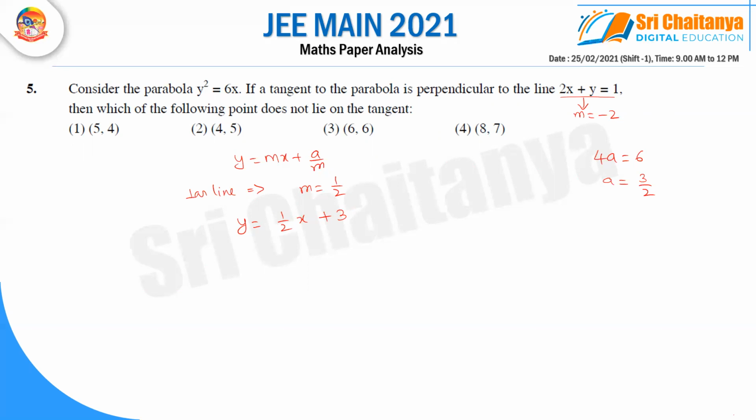Now here they are asking which of the following points does not lie. Whenever we see that, we should not forget that it says does not lie. That means among these four options, three options will be satisfying. If you are in a hurry, you will be marking the other option. So for the first option, if I put x equal to 5, I am getting 5 by 2, and LHS and RHS should be integers, but it is not possible. So I will say the answer is the first option.